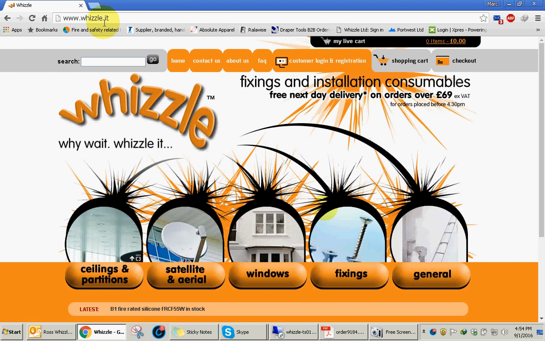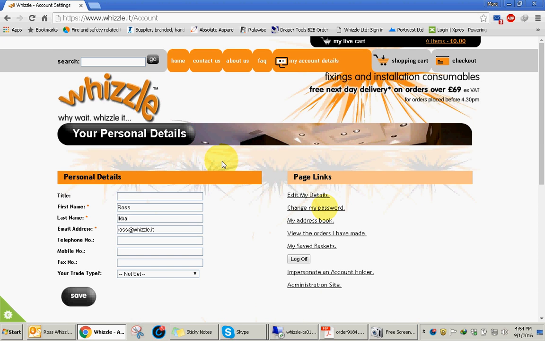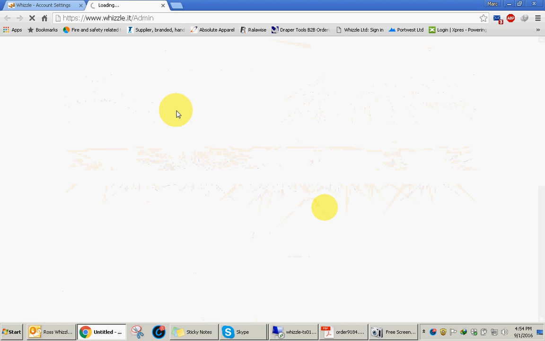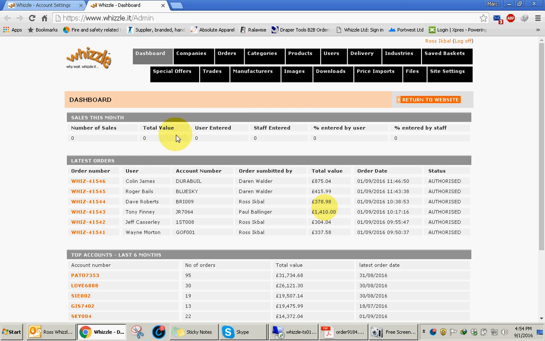For this we need to go to the Visual website, www.visual.id. Then we need to log in with our user details, which is the email address and password we have been given by the admin. Login now. Then we need to open the administrative site on a new tab. After that we will go to the company tab,